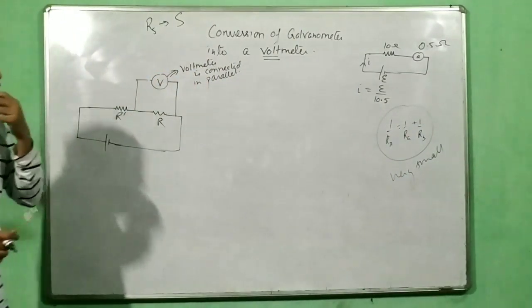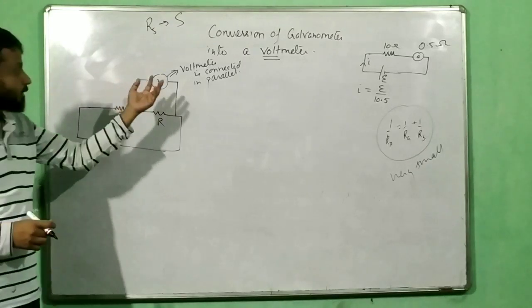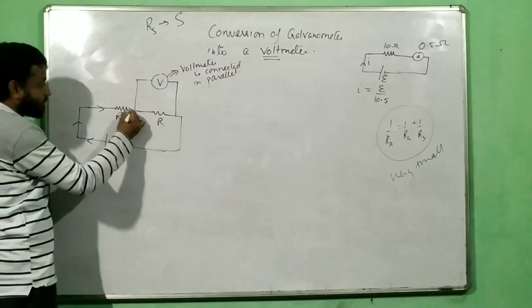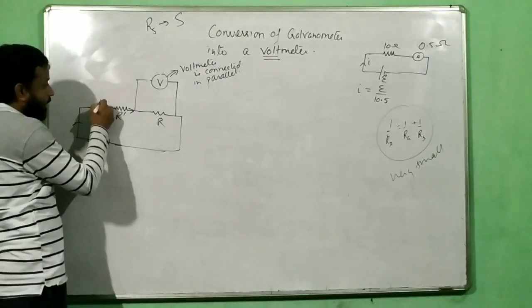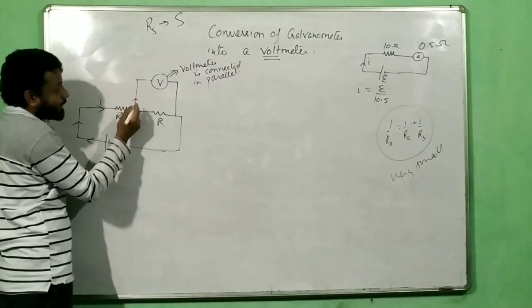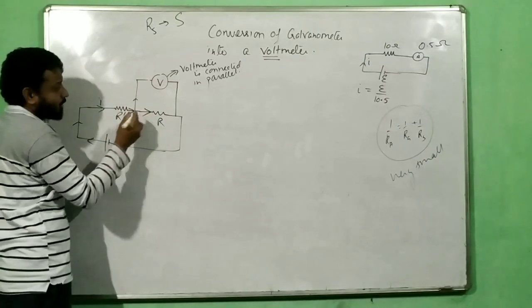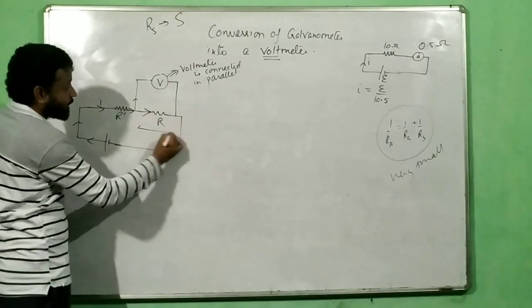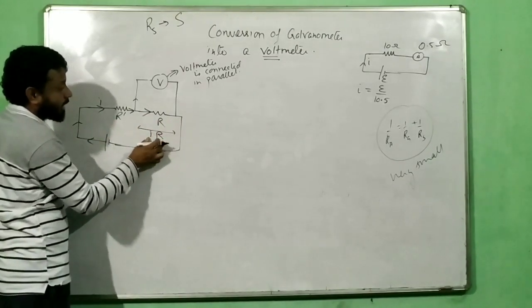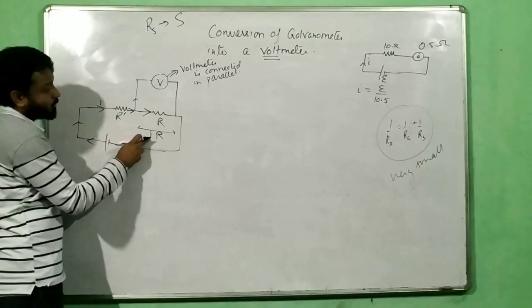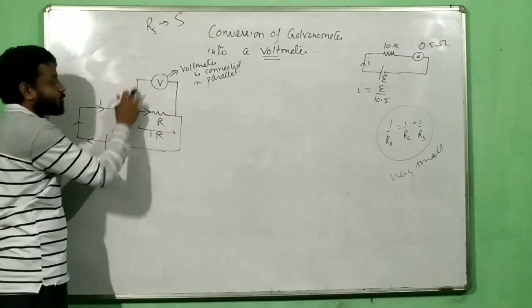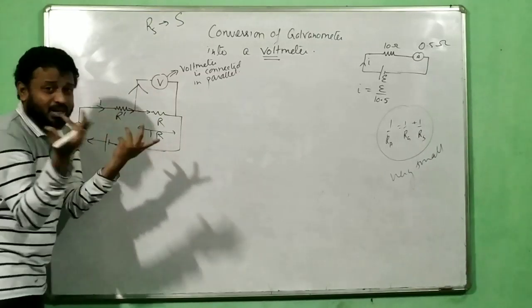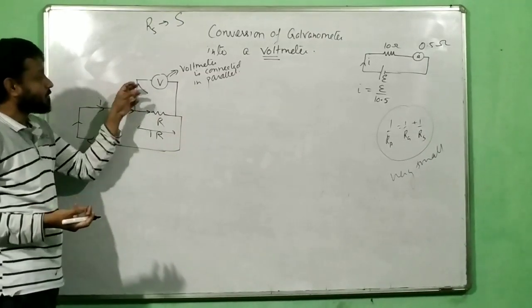But here in voltmeter, what is happening here, when the current is flowing like this, I have to ensure that the current which goes in this direction is very small compared to this current, because the more the current goes here, more will be the voltage drop, IR. If this I becomes less, I will become less when this current becomes more. So when this current becomes more, this current becomes less. So I am getting very less amount of potential drop because of this voltmeter.